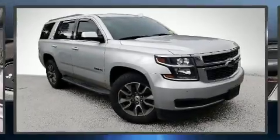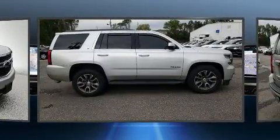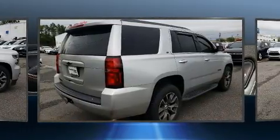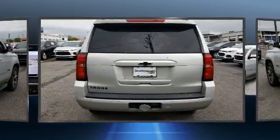Get excited about the 2016 Chevrolet Tahoe. It features an automatic transmission, rear-wheel drive, and a powerful 8-cylinder engine. Chevrolet infused the interior with top-shelf amenities such as one-touch window functionality, a built-in garage door transmitter, power door mirrors